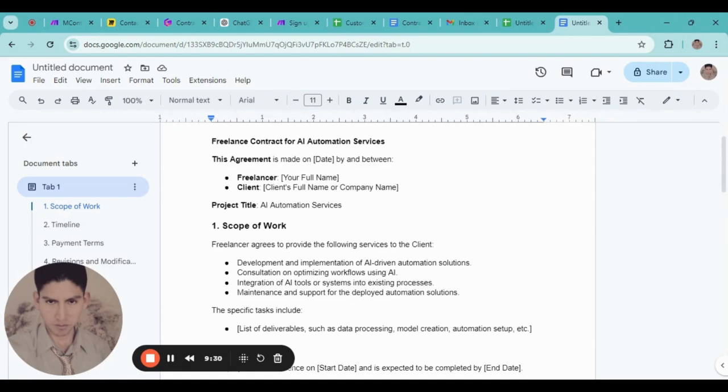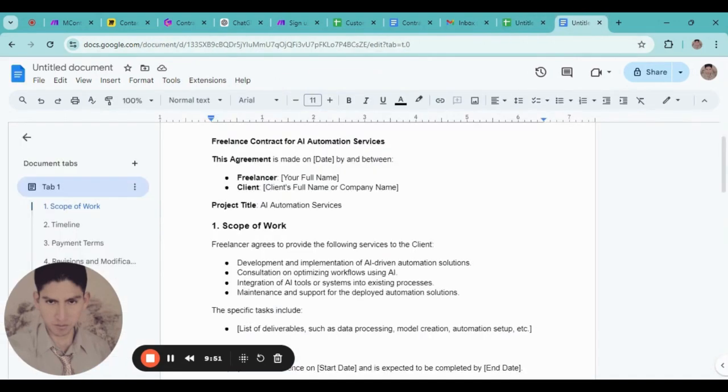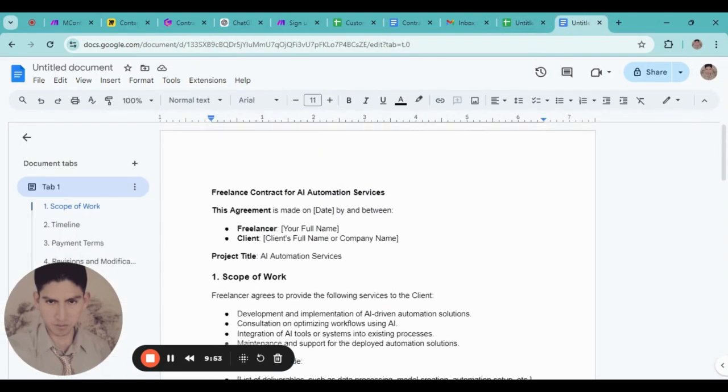These are dynamic parameters that we can use to match with every field here. Client, country, email, and the other fields. Okay,